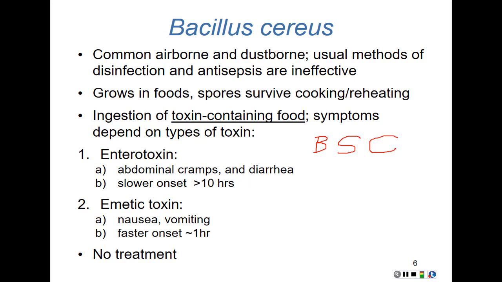When I say fast onset, I mean fast onset. Sounds good? You got that visual? Vomit all over the dash? Okay, that's what we mean. Look at this: emetic toxin, fast onset, less than an hour. Now make that vomit noise. Blech. Okay? Think about B. cereus